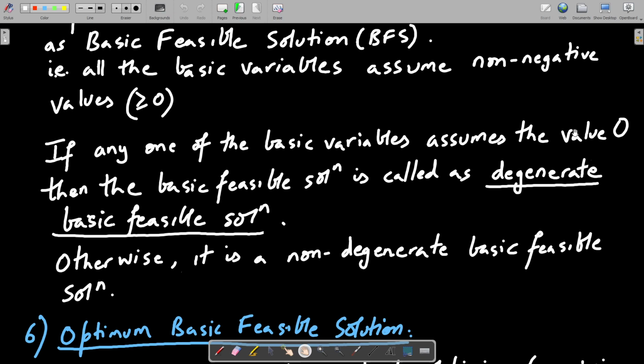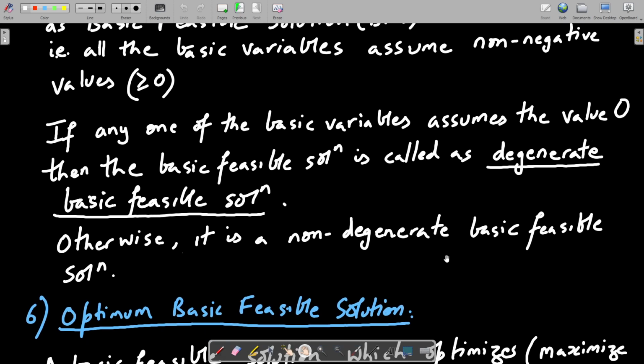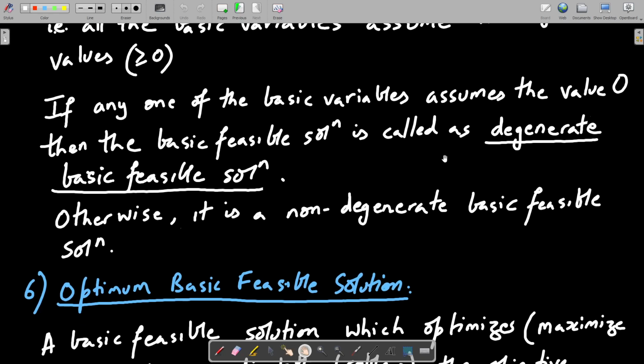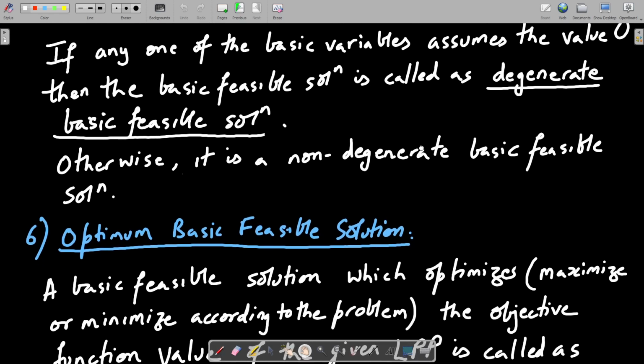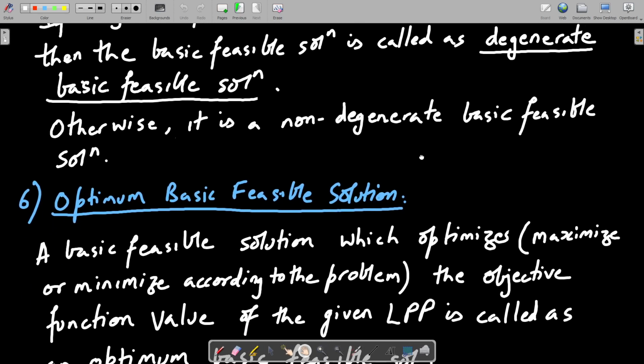Degenerate, I think you have not heard till now. Well, we'll see this in the geometry course later on. I won't get into the details because it will require some extra explanation. But just take for granted that whenever you have a zero in a system, that means it is degenerate.